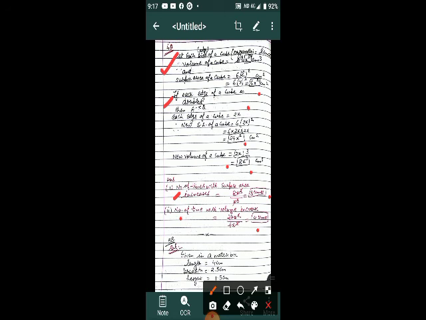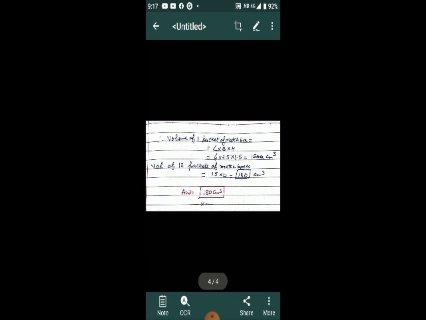Now in question number 5, a matchbox question, means a cuboidal shape question, is given. Length, breadth and height are given. Now we have to find out the volume of one matchbox, that is L into B into H. For the volume of 12 packets of matchboxes, multiply the volume by 12, and we will get the answer, 180 centimeter cube.